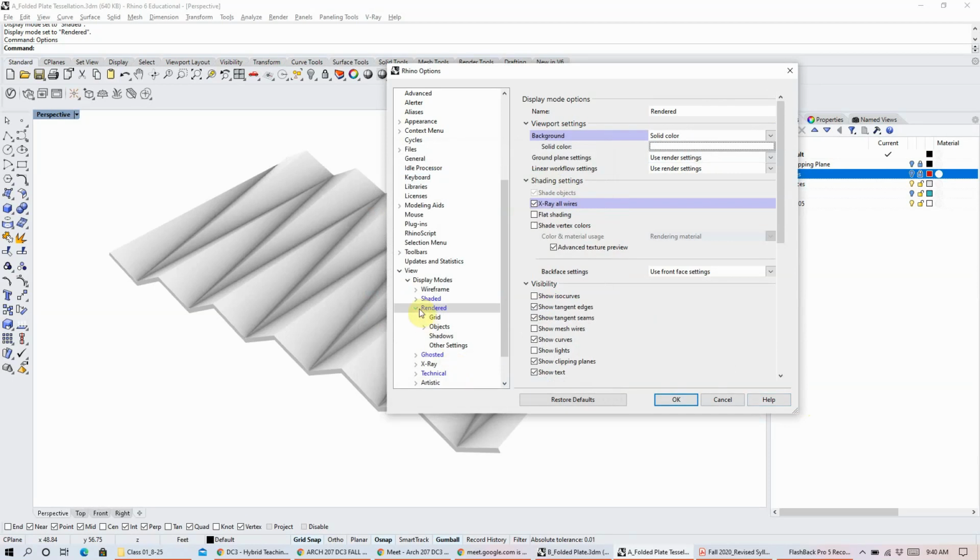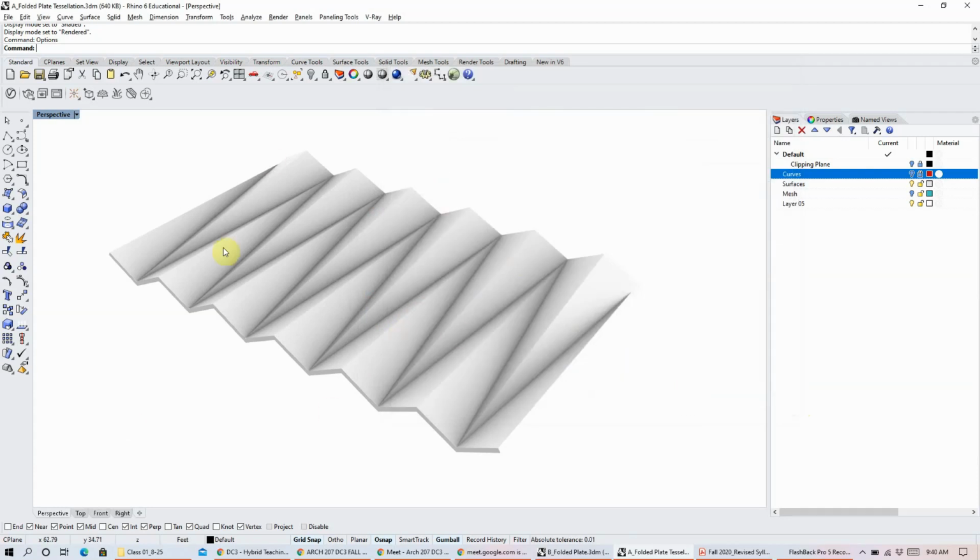Okay. Same thing for your shaded and ghosted and any of these other views. So I suggest playing with them in these first couple of weeks and trying to find a view setting that you really like and that works for you, because then you can use that to export these images and keep a certain standard of style for yourself. So if I'm going to do all clay with specific line work over it, you can start to create your own